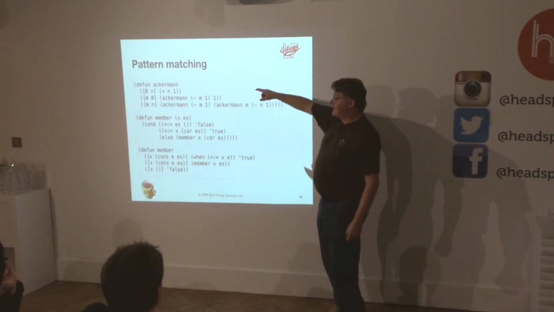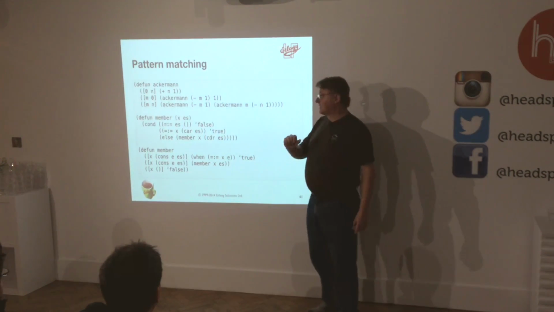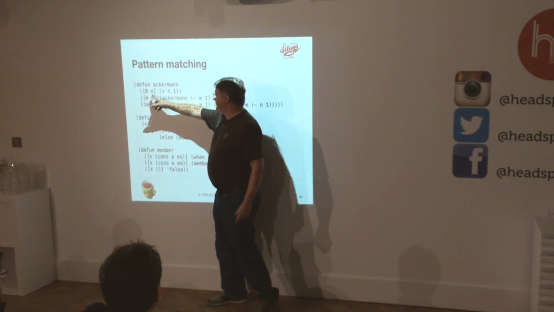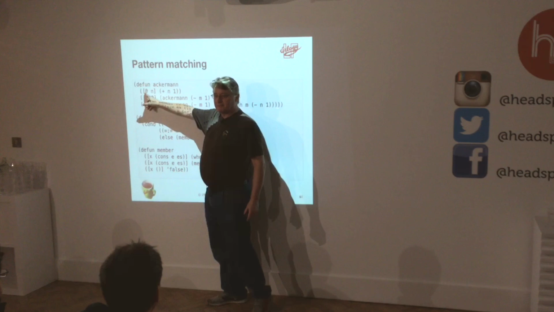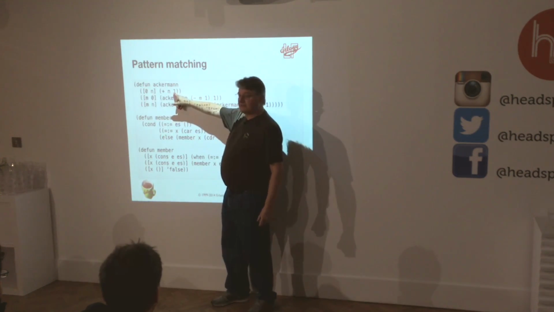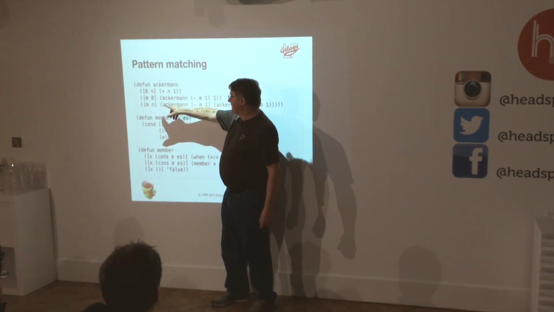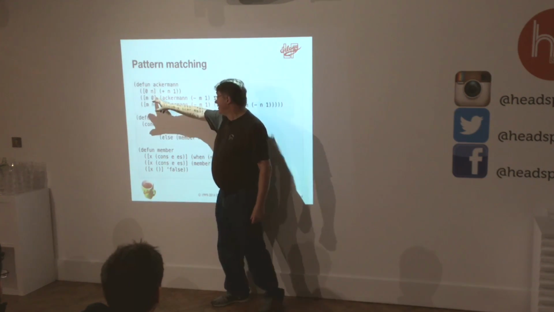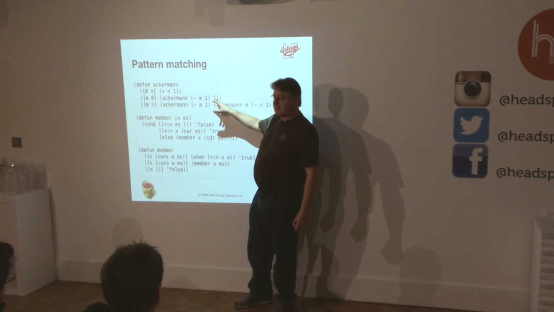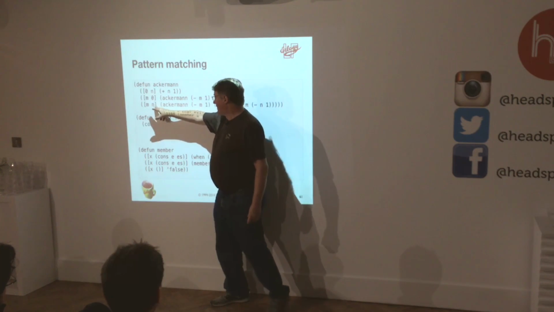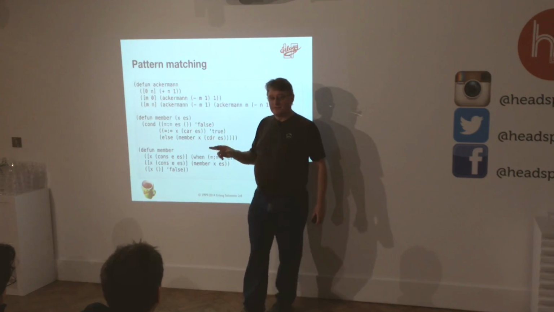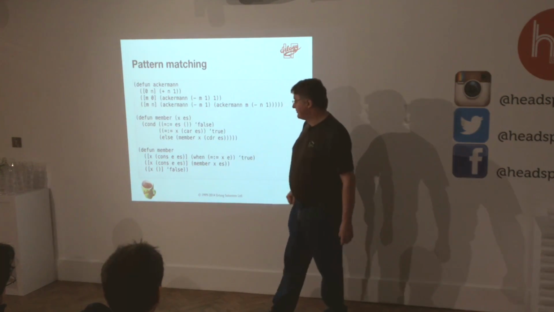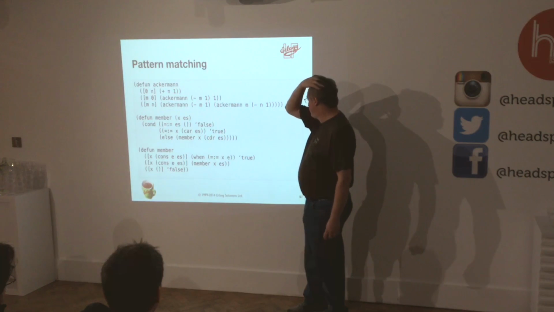So I can define the Ackermann function like this. It takes 2 arguments, and we're using patterns here. It says if this is the first argument, I'll do this: I'll return plus n1. And if the first argument is not 0, but the second argument is 0, then I'll call Ackermann with these arguments. And if neither of them are 0, I'll call Ackermann with these ones. It's just a different way of expressing it using patterns. These are quite easy, but you can get quite far.